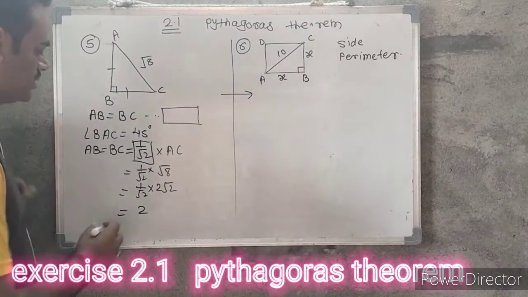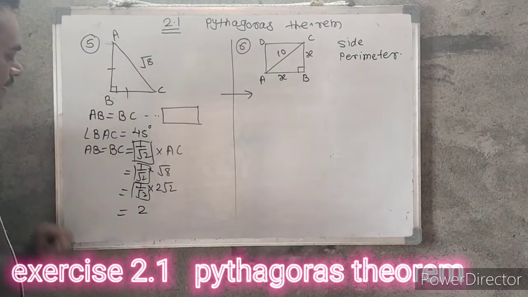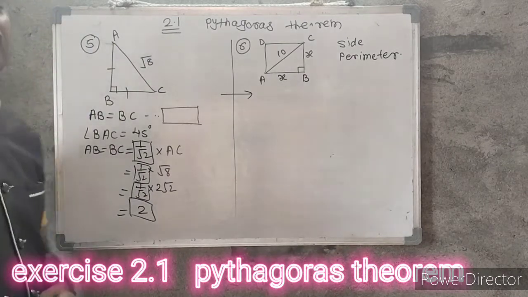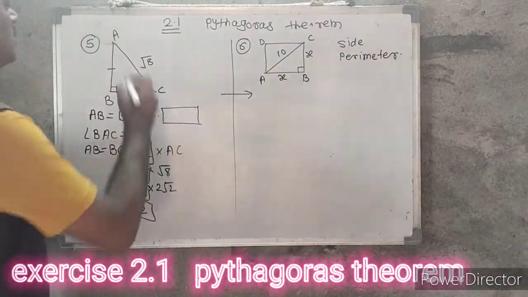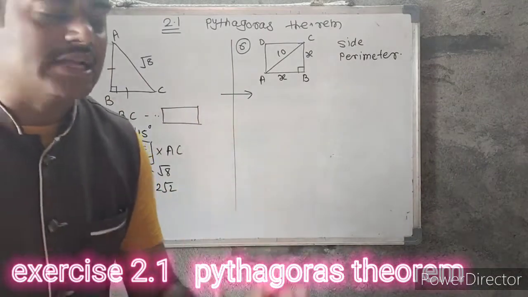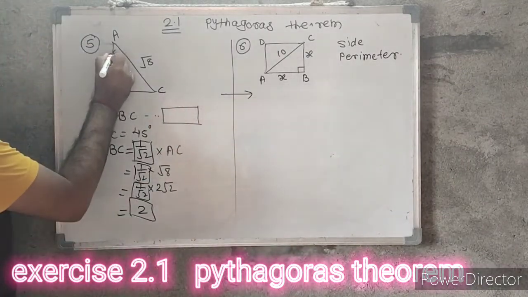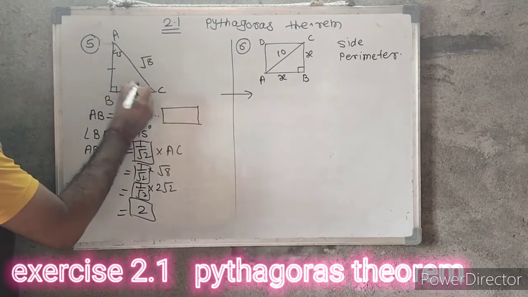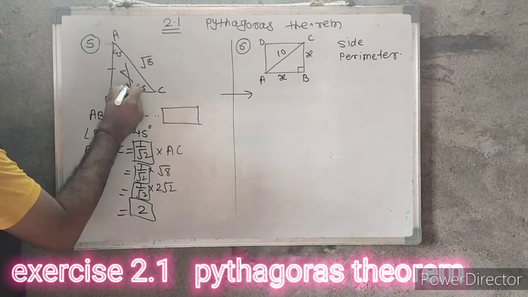They give the boxes. Okay, here are all the boxes. If you know the theorem, the 45-45-90 degree theorem, this one is a very good example. Means what? It's an isosceles right angle triangle. Isosceles means two sides are the same. Here 90 degrees and AB is equal to BC. So obviously these two angles become 45-45, and we know that the side in front of the 45 degree angle, that